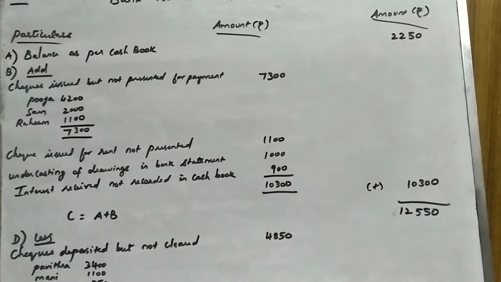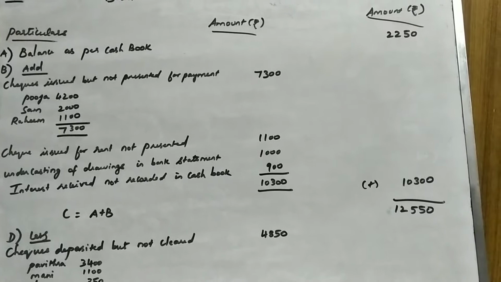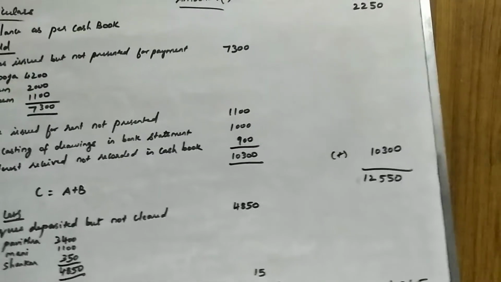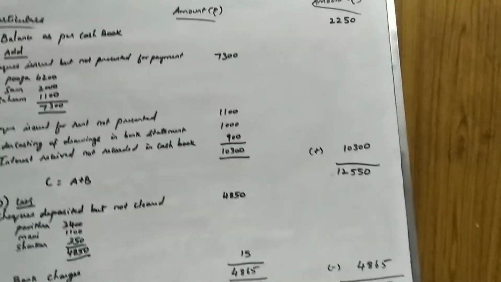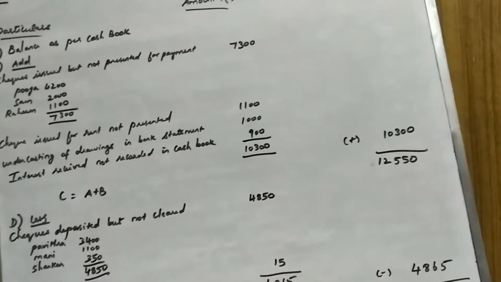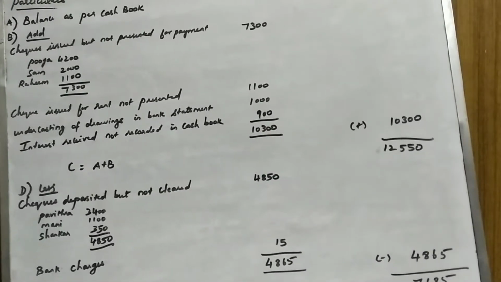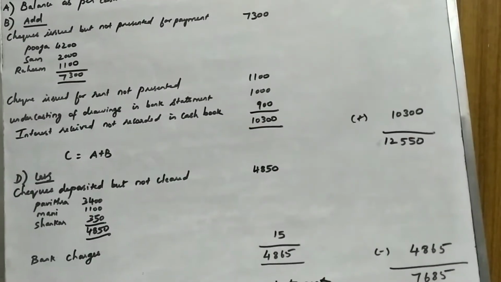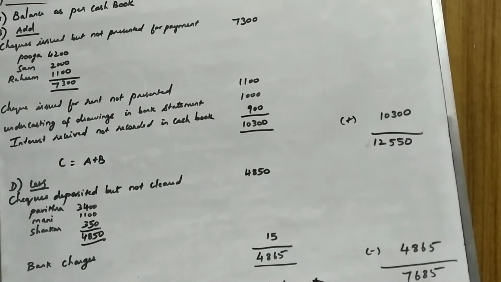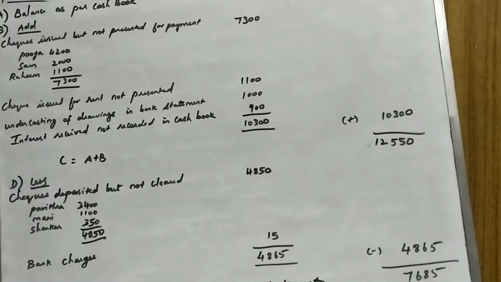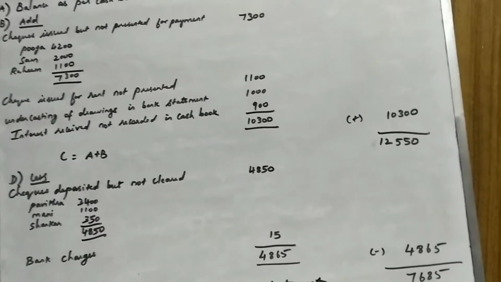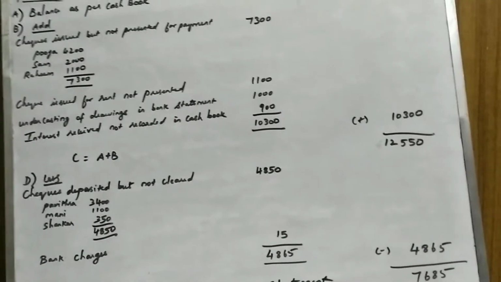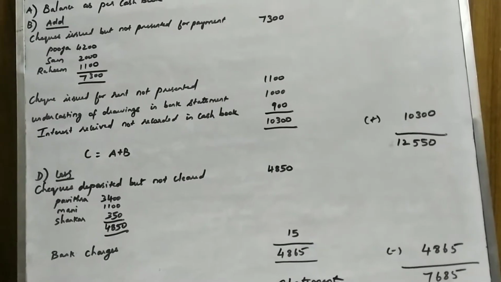Then we are now going to add a few items. Under that, we have marked those missing items, remember, in both the cash book and the bank statement. We have made a comparison of the debit side of the cash book and the credit column of the passbook. Similarly, the credit side of our cash book with the withdrawal column of the bank statement. We have marked a few items which are missing. Only those items have caused the difference in the balances. That's why we are preparing this bank reconciliation statement.